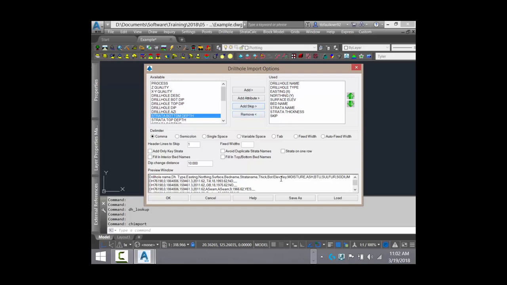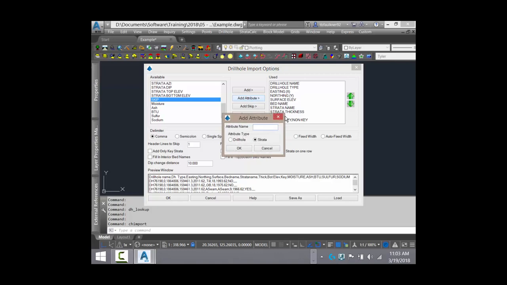Next thing I have is this key column. So it's just the program telling me, is this waste material? Is it good material? I see strata key, non-key. We'll click that. And the last thing I have in here are all my custom attributes. Now in my case, I've already worked through this example, so it's remembered that I've named these. On your end, you're not going to have these predefined for you, so you're going to need to create them on your own. The way we do that is we click the Add Attribute button, and we just give it